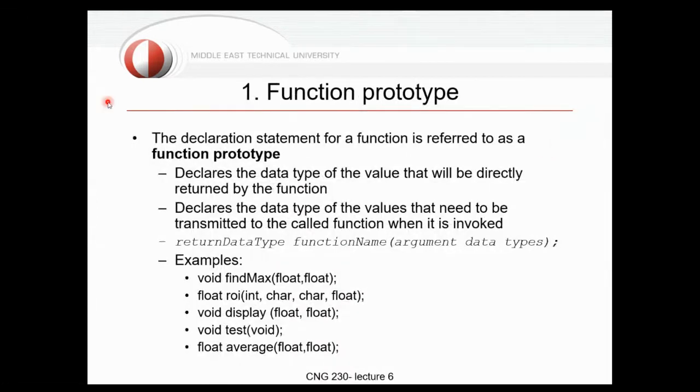All right, so these are basically the things that we mentioned, and let's take a look at these examples. For example, this one. Here we have two inputs as floats and output as void, exactly the same way that we defined the previous example. Or look at this one. We have four different inputs. The first one, for example, integer, next one, character, and the output is float,